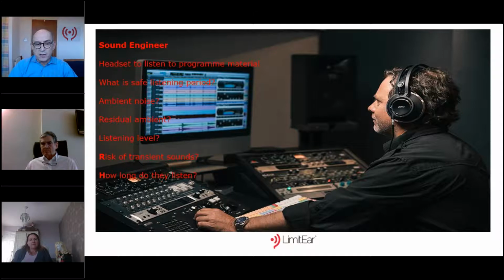How long do they listen? Well, this guy could quite easily sit here at his desk 3 or 4 hours at a time, twice a day, perhaps, depending on the urgency of what he's trying to do. So in this case, the length of time would be very important in trying to calculate what the risks are